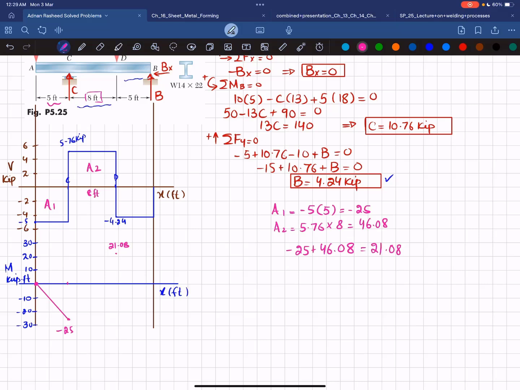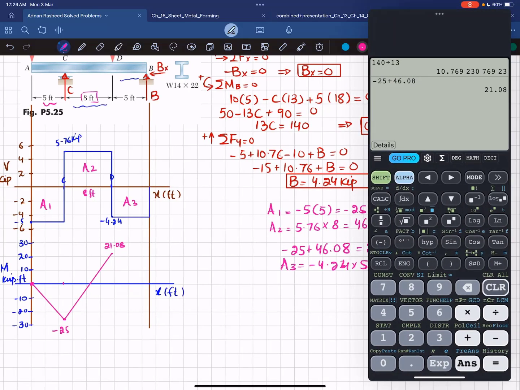And you can see that shear force is a horizontal line with area A2 is positive. So bending moment will be 1 degree higher and it will be a straight line. Slope will be increasing. Now the last area is A3 and you can see A3 is equal to minus 4.24 multiplied by 5 will give you 21.2 minus